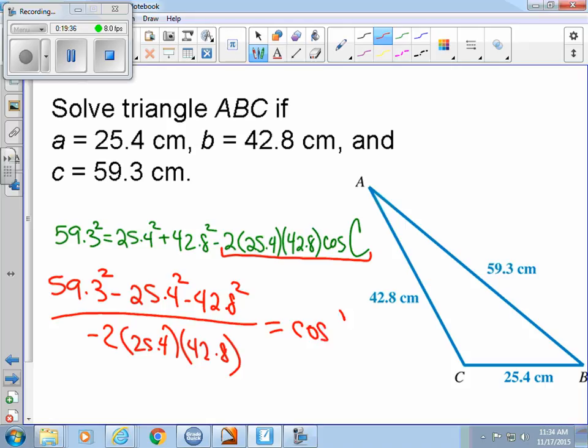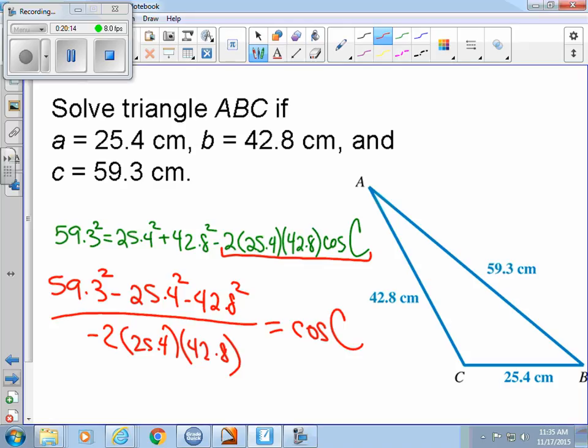If you look in your textbook, there will be a formula that looks like this. C squared minus A squared minus B squared, divided by negative 2AB, equals cosine of C, or they may even put a cosine inverse in front of that and call that C. A lot of teachers have people memorize two formulas because so many people mess the algebra up on here. If you know you might mess this algebra up, memorize that other formula. If you're pretty good at algebra and know that you wouldn't combine that stuff,